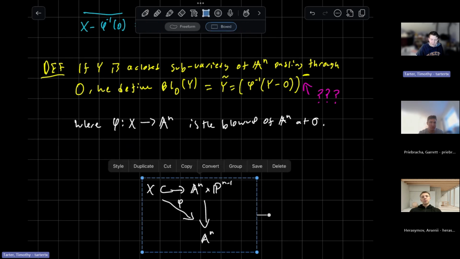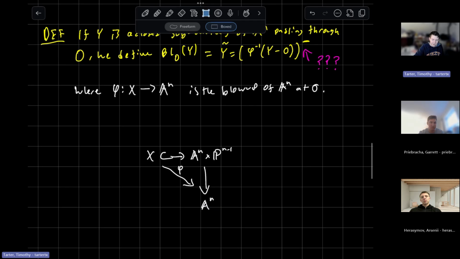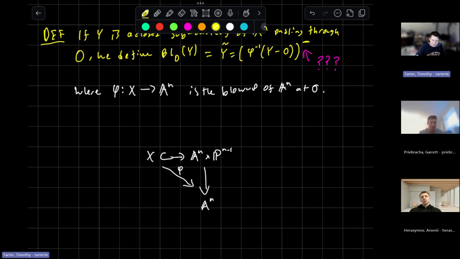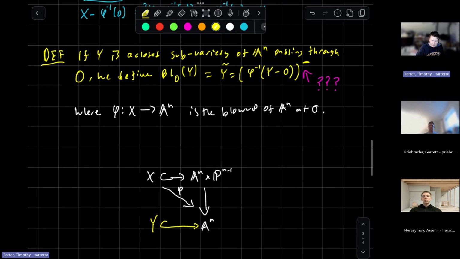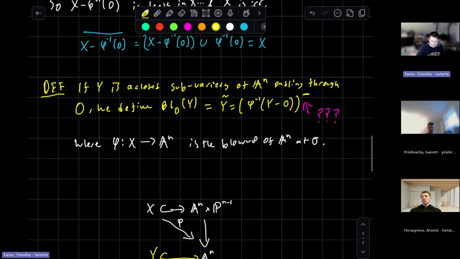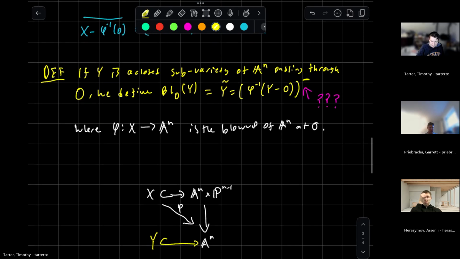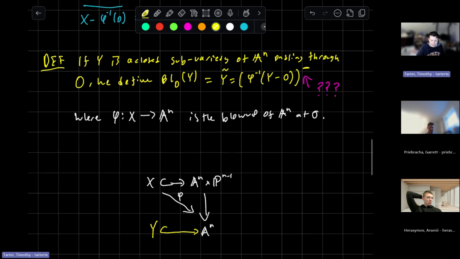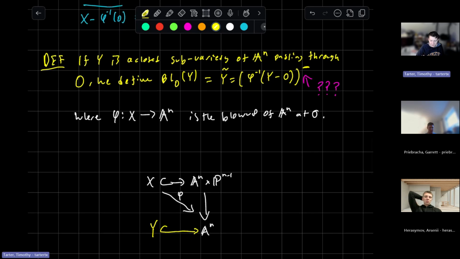But then if we have a closed subvariety Y, and that should be injective, closed subvariety of A^n passing through 0, then the blowup, this must mean